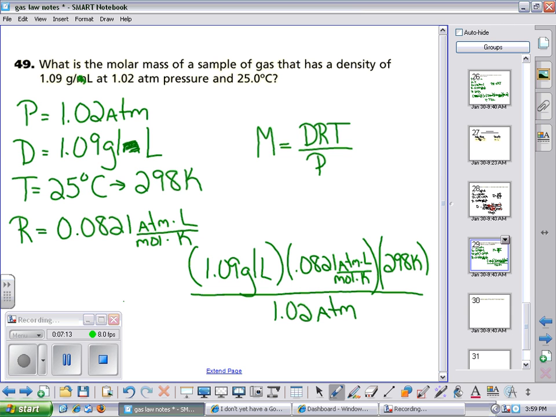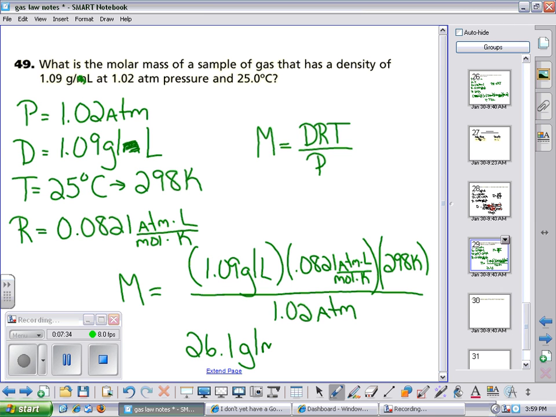Again, this is solving for the molar mass, which is what they're asking for in this particular problem. So I plug it all in, and I figure out that the molar mass is 26.1